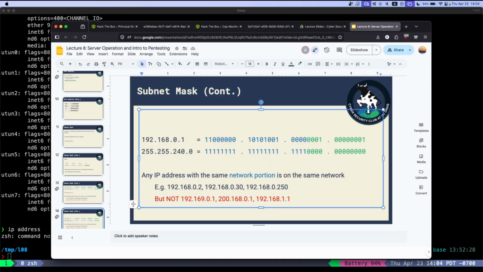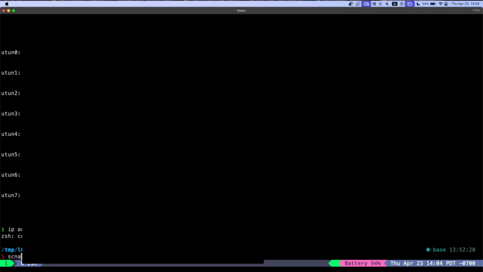So you could write this IP address as 192.168.0.1/20. Again, this is a notation to refer to the entire network. We're going to talk about this more in a little bit, but if you wanted to run a scan across an entire network to see what kind of computers are running on that network, then you could say scan 192.168.0.1/24, and that would say scan every